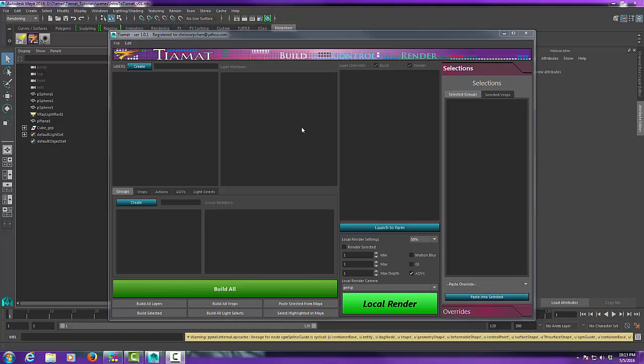This is going to be over some of the more advanced features of Tiamat. To start with, I want to show you templates. So templates are